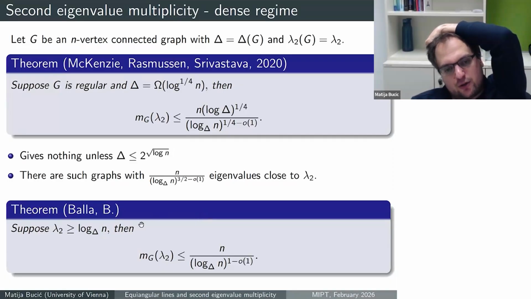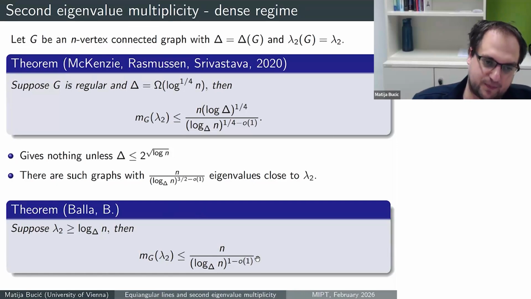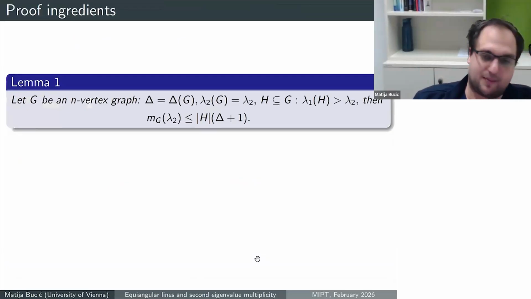For the rest of the talk, I'll focus on the theorem on the previous slide, the n over lambda 2 plus 1 bound, because I think it's a more interesting argument, and it involves one lemma which I like a lot and think is potentially useful in other spectral graph theory problems as well. So let me start by explaining two lemmas that are useful for us, and